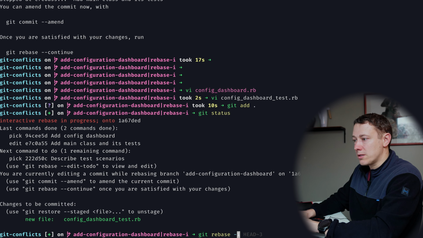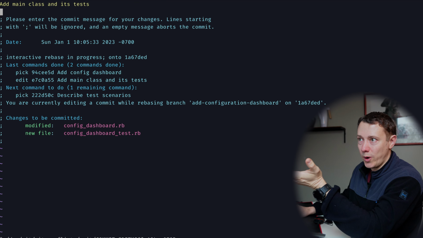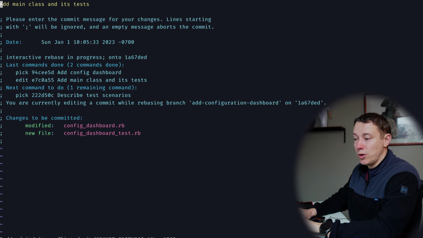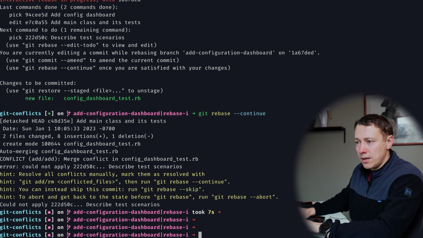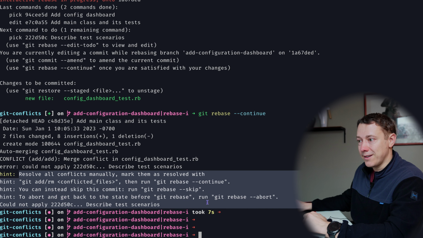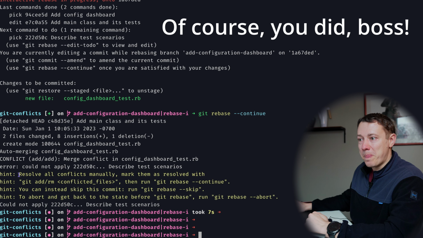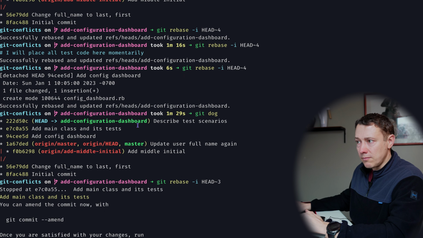So I'm going to do git rebase --continue, and that prompts me to also edit the commit message, which I don't need to do. I'm just going to save it again, and my rebase is complete. No, actually no, it's not complete because there's now conflicts. Oh, interesting. I did that intentionally. So it turns out in my earlier commit, describe test scenarios, I already added that file. So if I modified the prior commit, add main tasks, and I added the same exact file, this will conflict